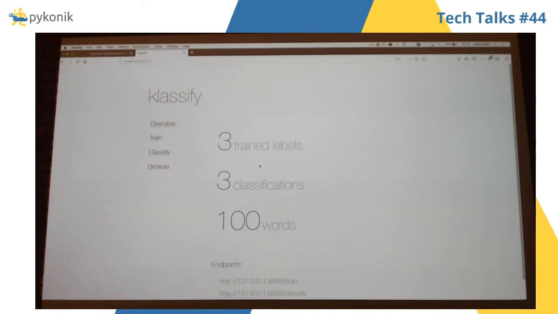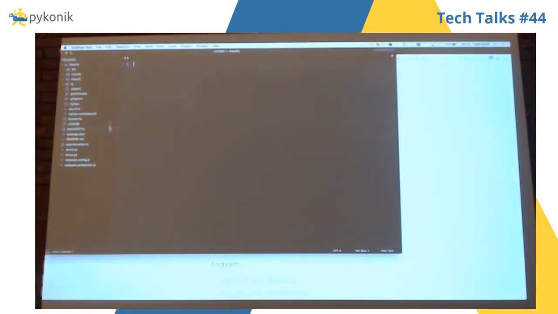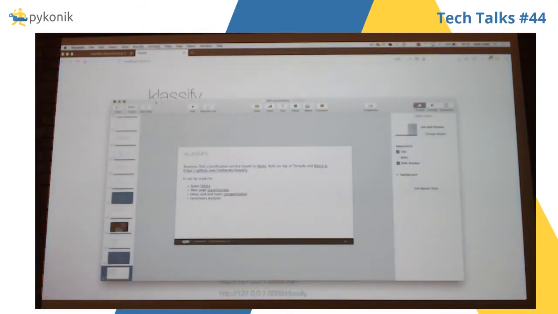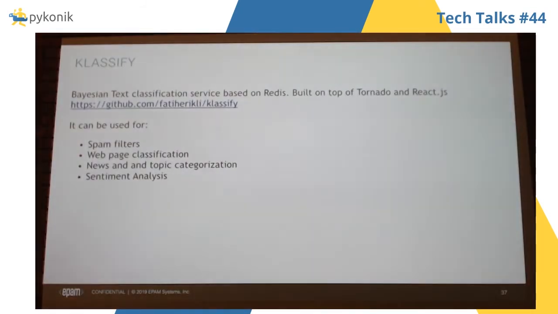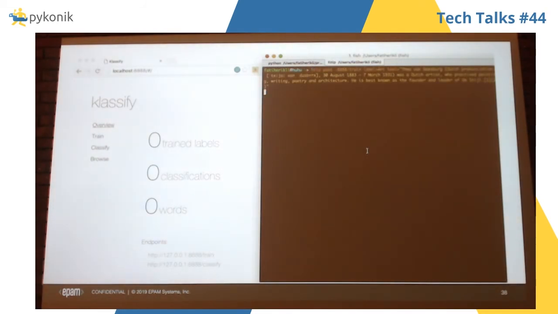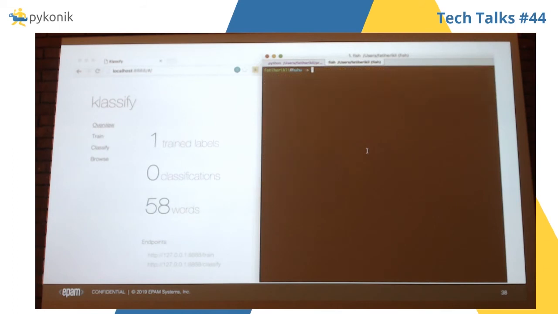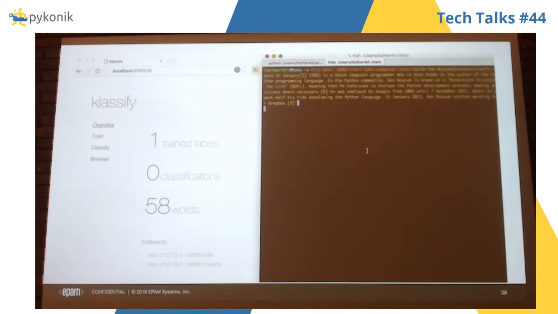The source code is available on GitHub. Feel free to ask something or reach out to me if you have any question. Actually, that's how the API works.